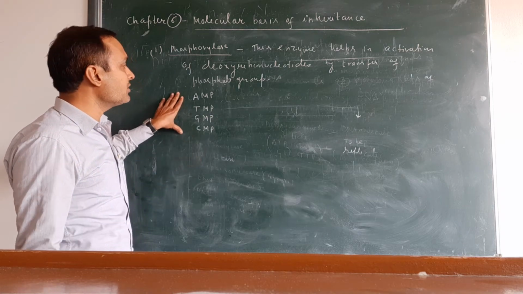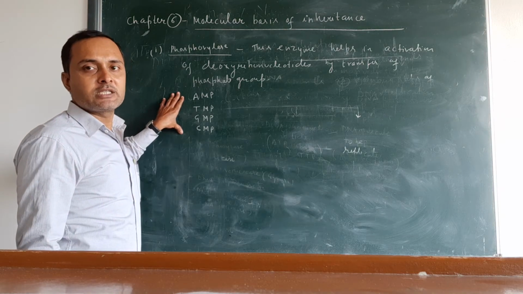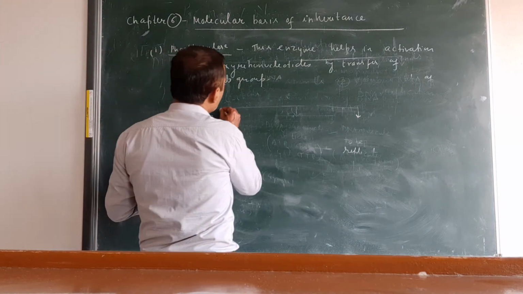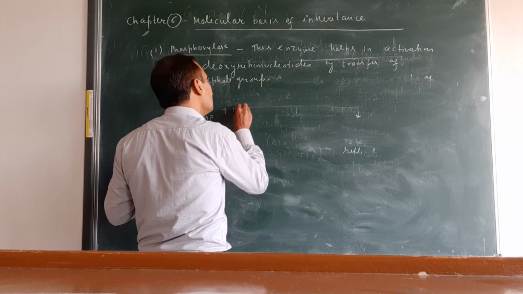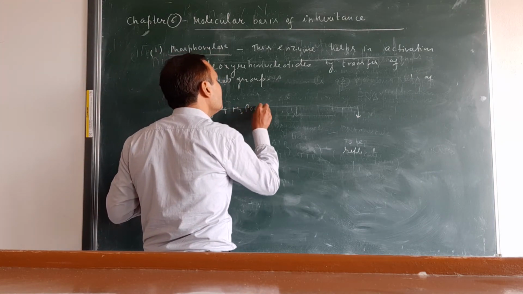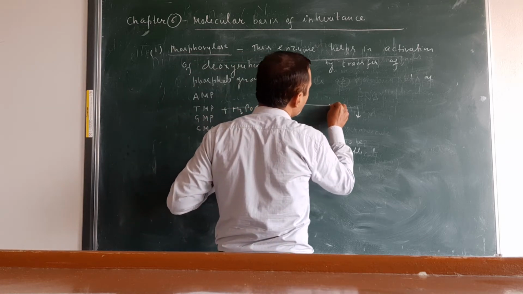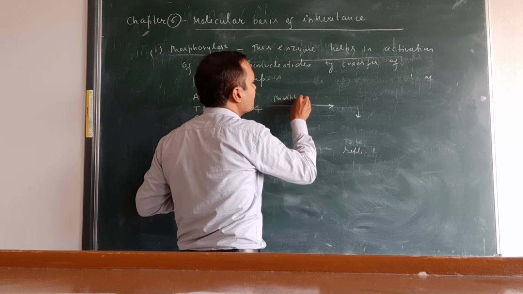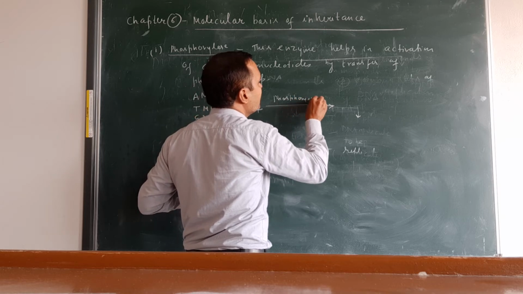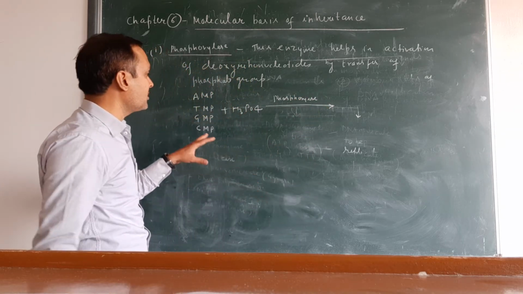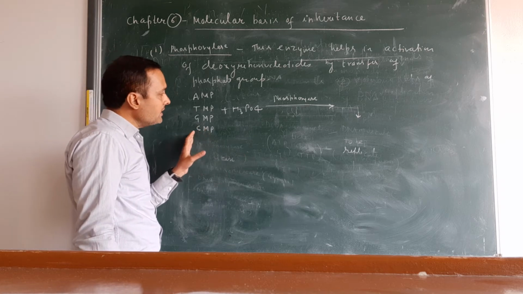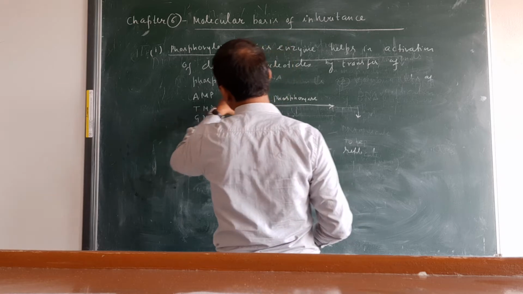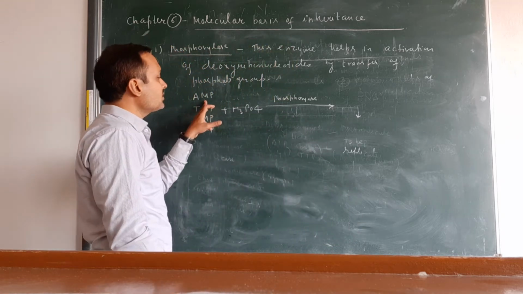So before DNA replication, these nucleotides occur in the mononucleotide form, which is the inactive form, and it converts into the trinucleotide form, with the help of the enzyme known as phosphorylase. This enzyme is responsible for conversion of mononucleotide into the trinucleotide form. So 2 phosphates transfer to the mononucleotide and mono changes into tri.